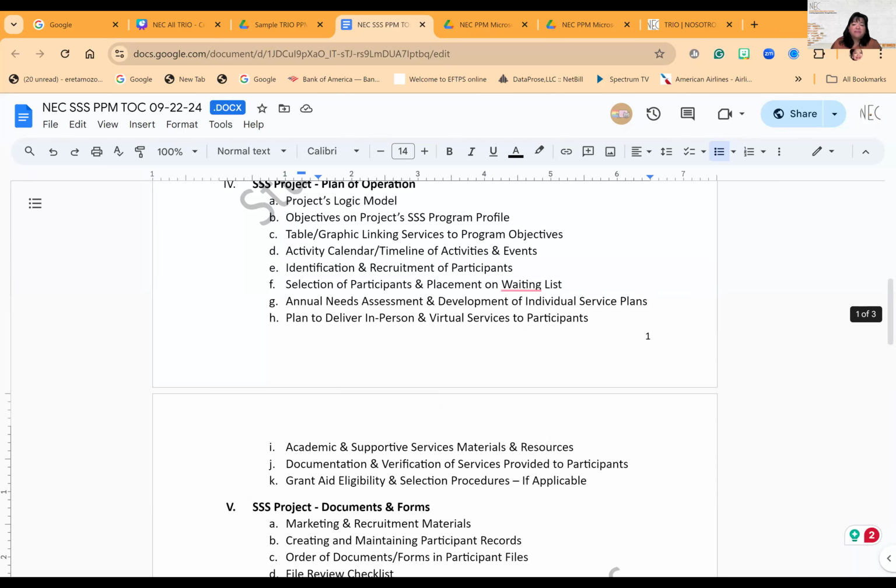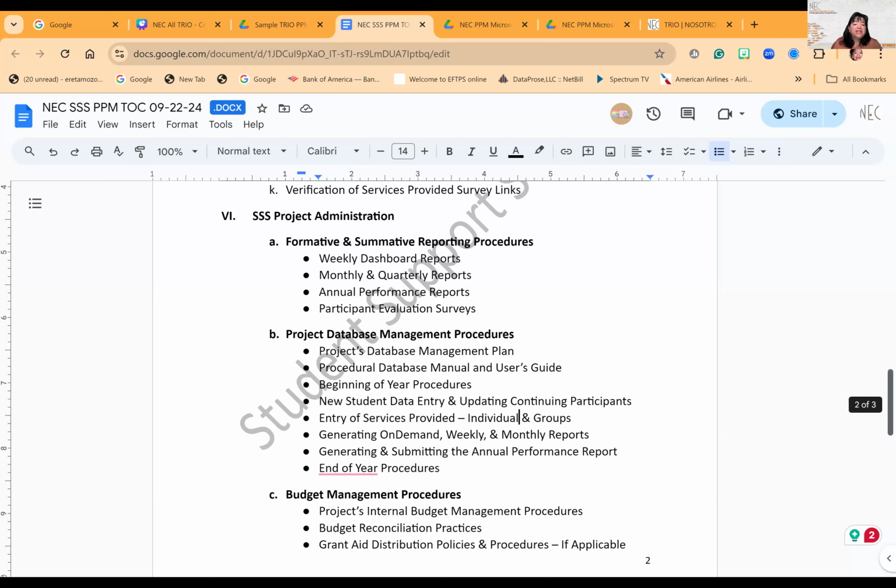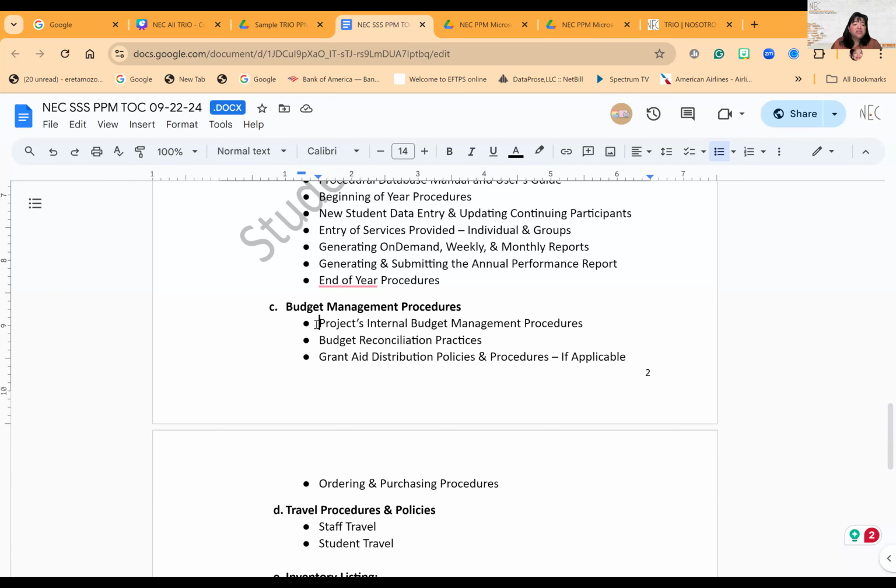Then the budget's the big deal, right? So that's why I put budget here, which could mean that there definitely is a way that internally we manage the budget. Can that be explained by using QuickBooks for nonprofit or just a simple spreadsheet? What's the policy to reconcile with the institution or the agency's budget, because they look different and you have to speak two languages, TRIO budget and also your agency or college budget, and also they're in a different time frame. What about grant aid distribution policies and procedures? Before we talked about the eligibility of students, if it's applicable, but how do you distribute those?